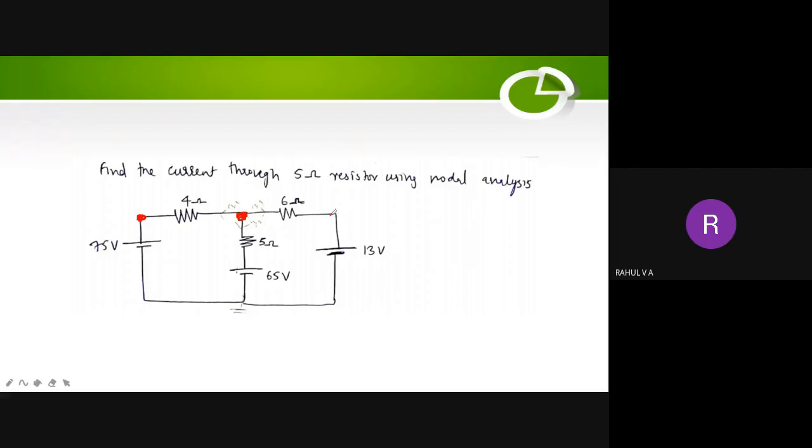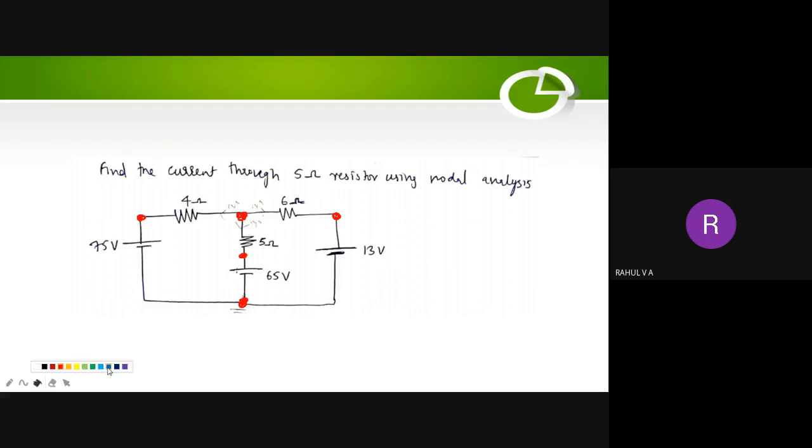And what about this? This is also a node because two terminal devices are connected, the 13 volt supply and the 6 ohm resistor. And this is also a node because the 5 ohm resistor and the 65 volt supply are also connected. So there are 1, 2, 3, 4, 5 nodes in this circuit, but we don't need to analyze KCL